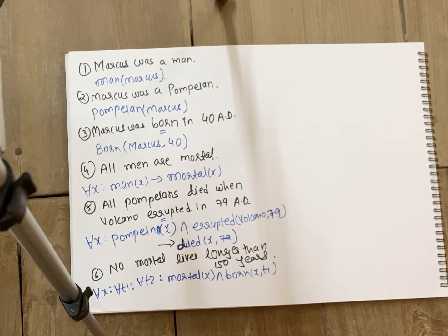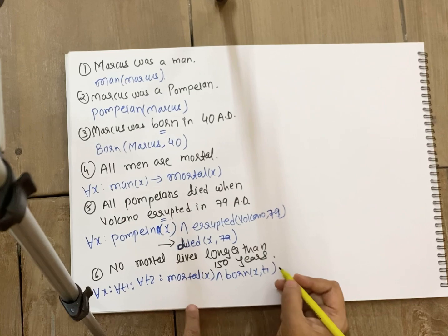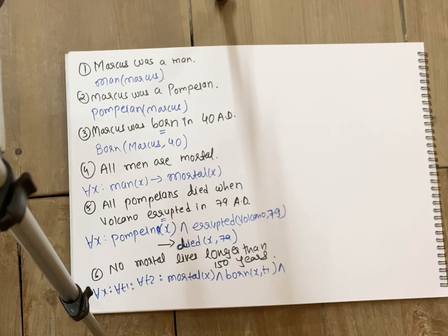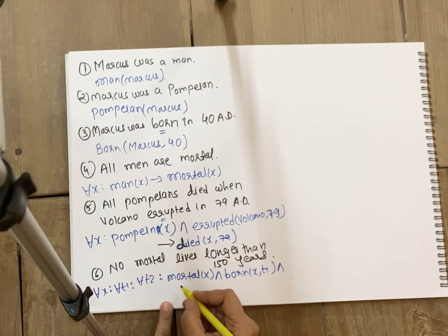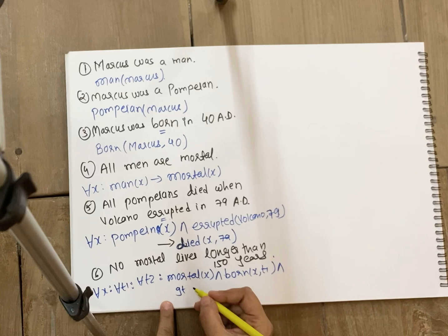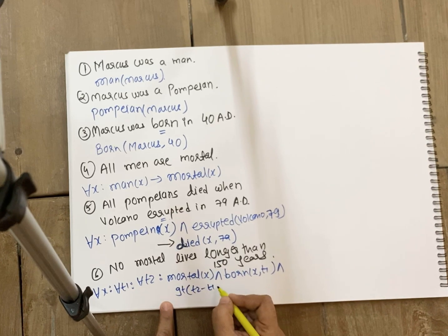We know that X was born at the time of T1, and we don't know when X died, but we know that there had been some time interval T2, and we write it like GT, which means greater than, T2 minus T1. If